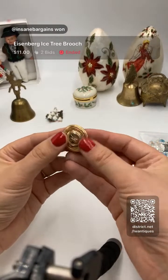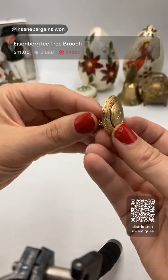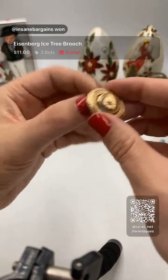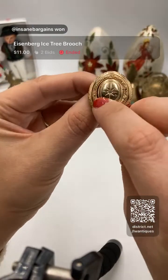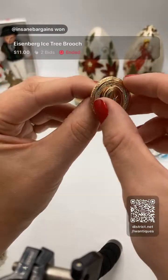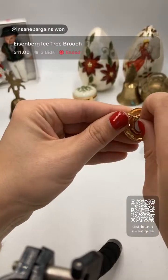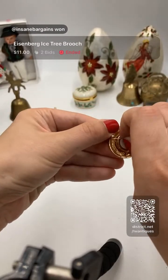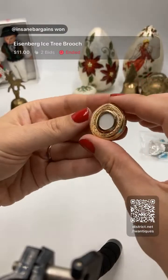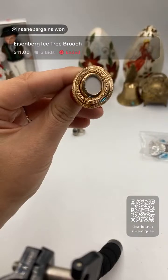Next, we will do this one. I believe it's an Avon. Yes, it is. Okay. So it looks more vintage than it is with this set in rhinestone right here, that star shape, and it flips over, you guys. This brooch flips over to be a locket. So you can wear it either way. Or like this. Oh, look at how beautiful that is. And this one